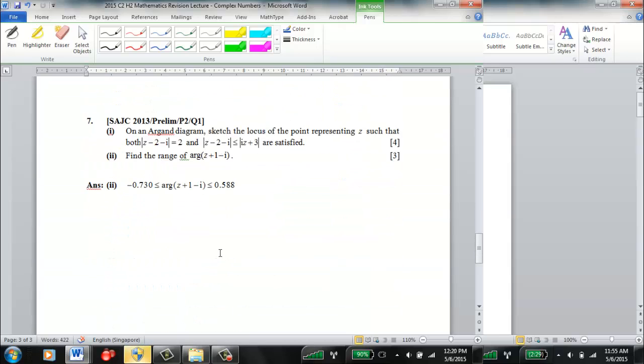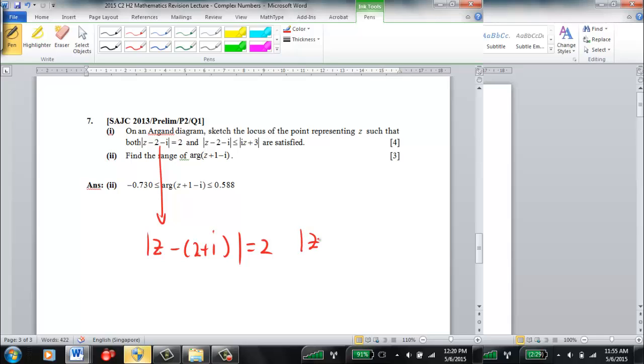Okay, now, the most difficult part about this question is constructing the loci. The calculation is easy. First of all, let's study this loci. Let me break it down for you. For part 1, basically it's a circle, center 2 plus i, radius 2. The other one is a